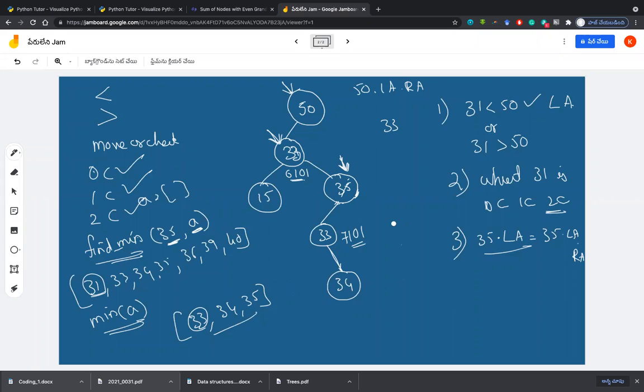Sir, after replacing 33, sir, I have put 33 here. Okay. Yes, sir. I'm entirely deleting that 33 right-hand node, sir. Node. With this left one. No, sir. 6101. You want to delete this one? No, sir. 6101's right one, sir. Right one is 35. Totally deleting, sir. You want to delete the entire right side. Yes, sir.